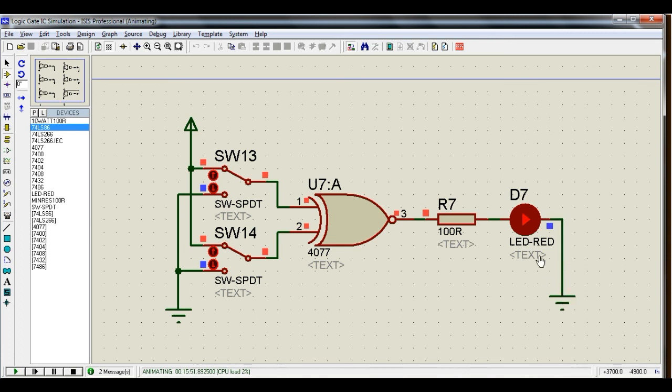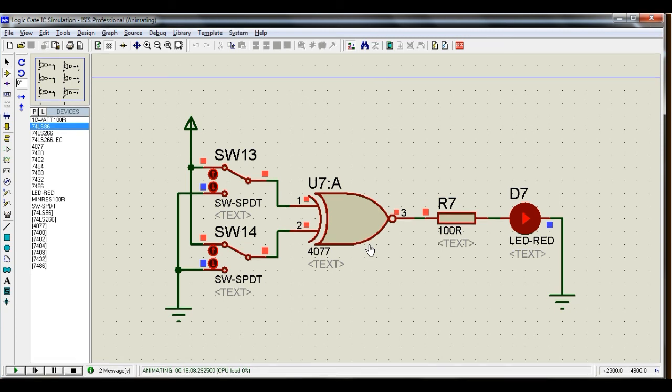Okay, so this is how all the ICs and gates work. Actually, we have seen how all the gates work by using some switches. I have already shown you in the previous videos. If you want to know how a particular IC or a particular gate works, then you can see my logic gate video. In that you can find how the individual gates work.